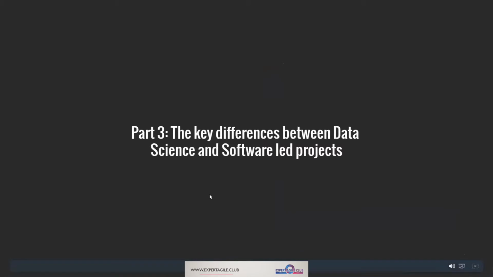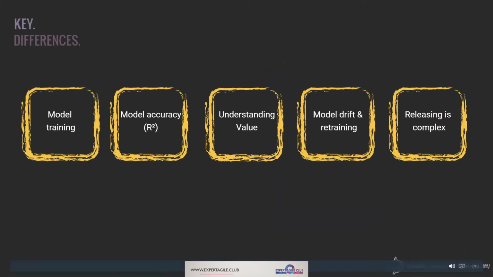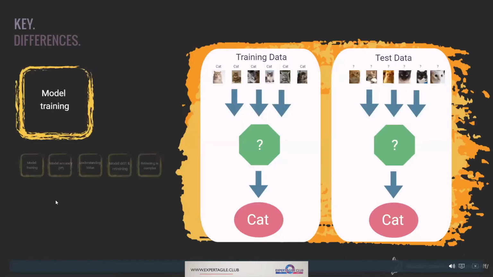So that's everything that I need to cover for the moment about experimental data science. So let's take a moment just to start considering the differences between data science projects and software-led projects. The critical ones are these, and I'm going to take them all individually and then talk about them a little bit. When we talk about model training, and this is a term we'll hear very regularly